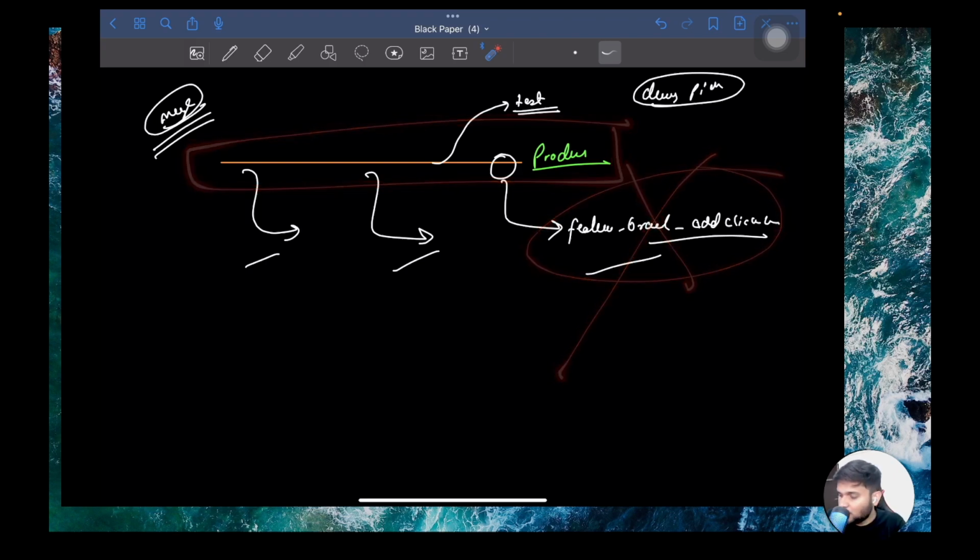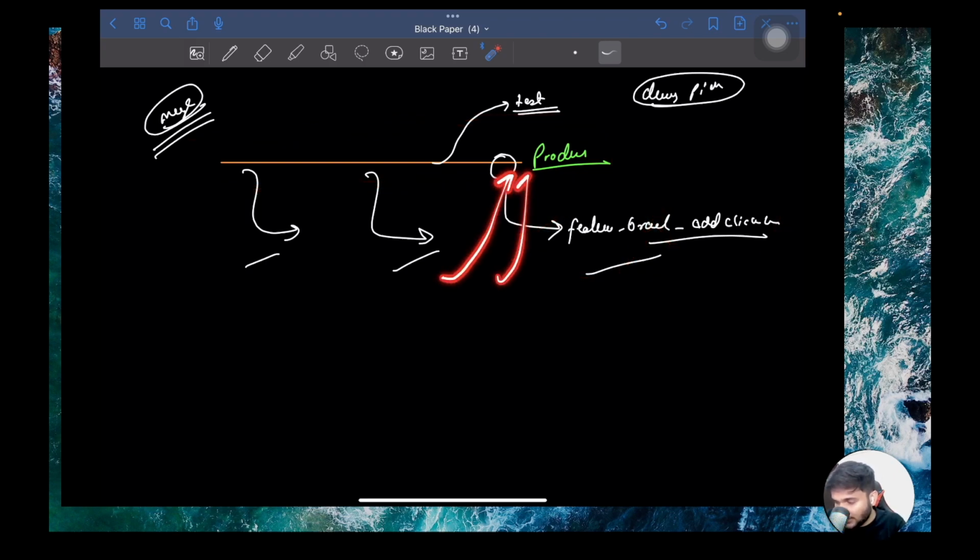And generally you are not allowed to directly push anything to the production branch. You can keep settings so that nobody can directly push to the production branch unless they have a specific right. Right. So this is a very useful use case. If you have ever worked in an internship or any startup or any company, you must have seen a similar scenario there as well. So this is one of the biggest use cases of branches in Git.